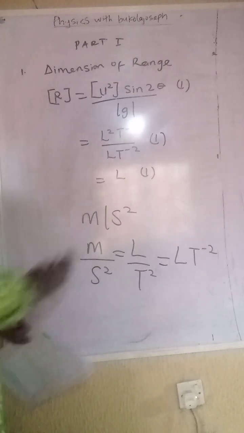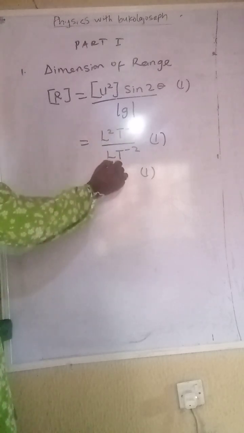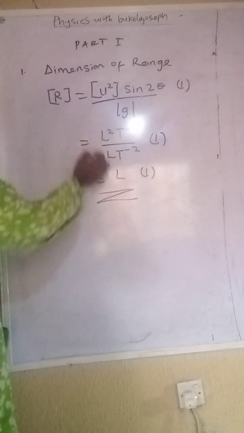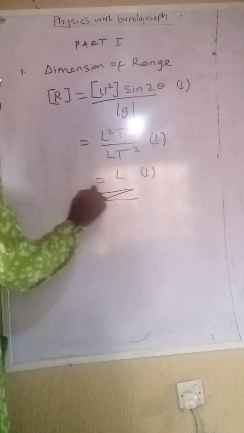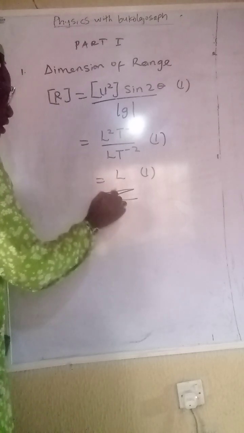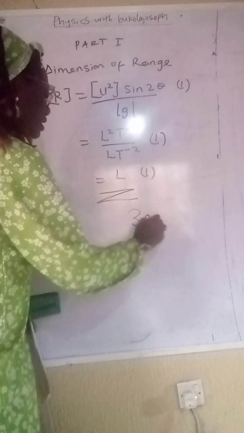All right. So one L, we cancel one L, we are left with L. This, we cancel T, and then this is the final answer. So for bringing out this, no matter the long procedure you use, this is where you earn 1 mark. If you are able to provide this, you earn 1 mark. And then the correct final answer, if you get the answer correctly, you have 1 mark. And then you have 3 marks in total.